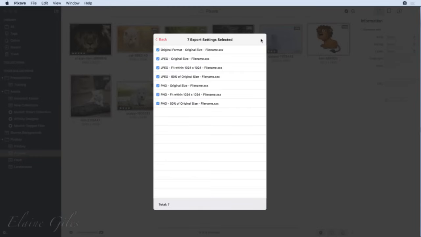Well, when I go into there, I have recipes in a way. These are presets. And what it's doing is it's going to save out those images in 7 different ways. It's going to save the original format with the original size and the file name. And it's going to do a JPEG of original size and one that fits 1024 by 1024 and a 50%. And the original size is in PNG. So you can see it's going to export an awful lot of graphics. But if you don't want one, so if I don't want, let's have a look at that PNG and that PNG, you can turn them off from here